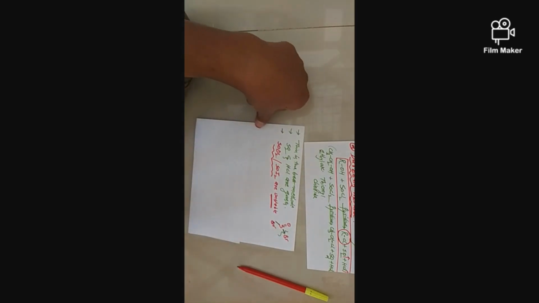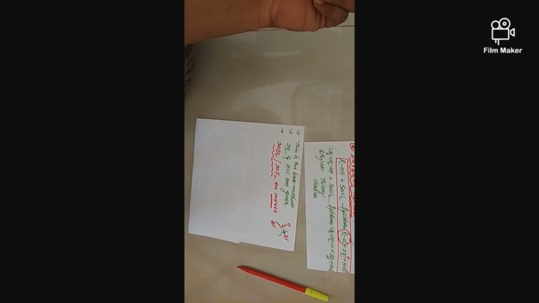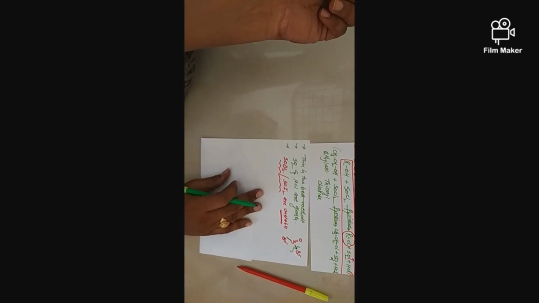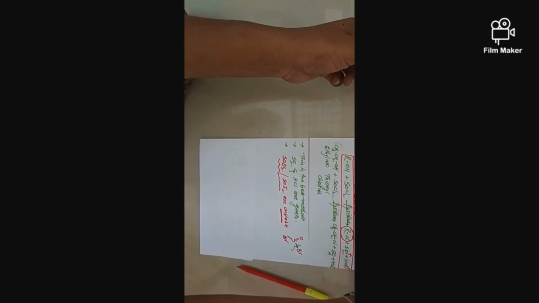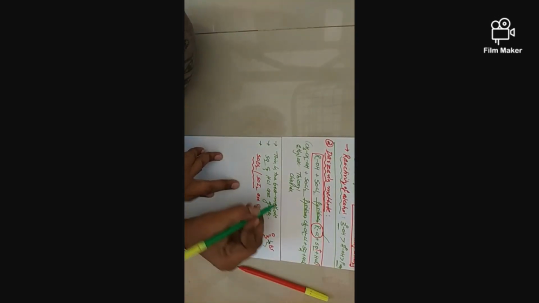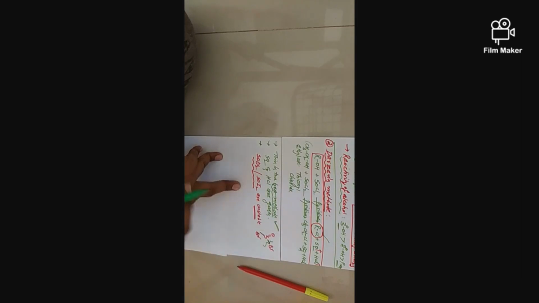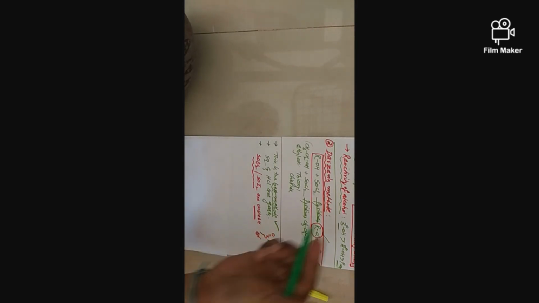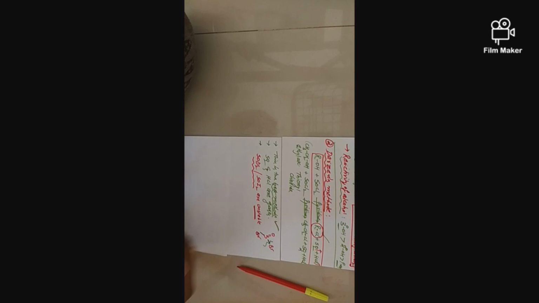That's why in D'Orgen's method we can prepare only alkyl chlorides. And this is the best method because the byproducts are gases. SO2 is a gas, easy to eliminate from the main product. HCl is also a gas, easy to eliminate from the main product. So this is D'Orgen's method.